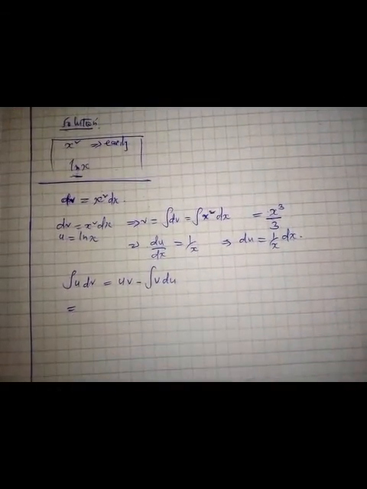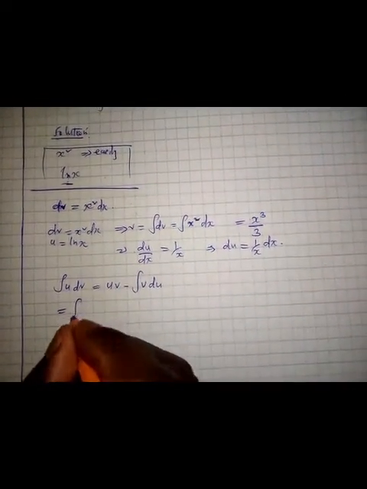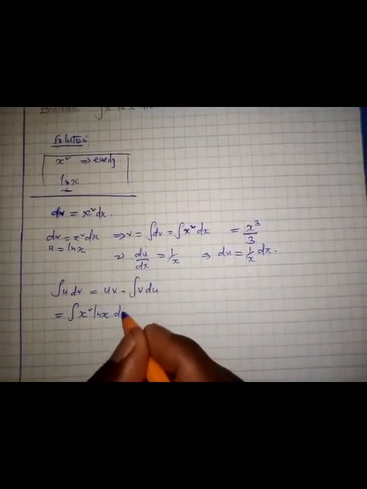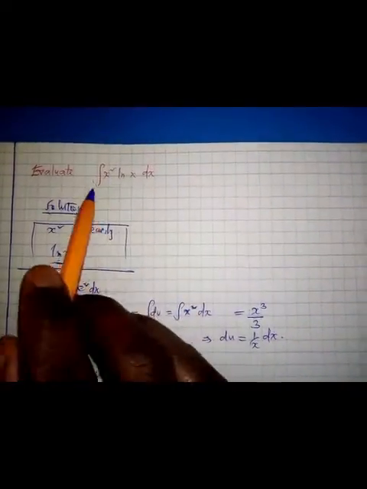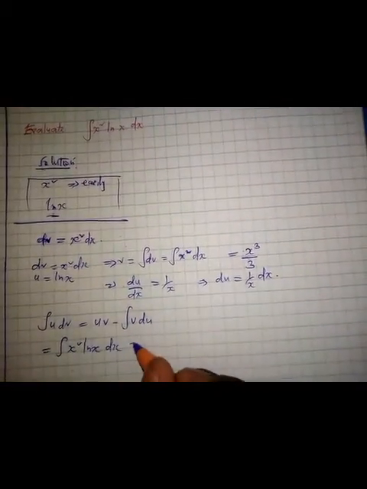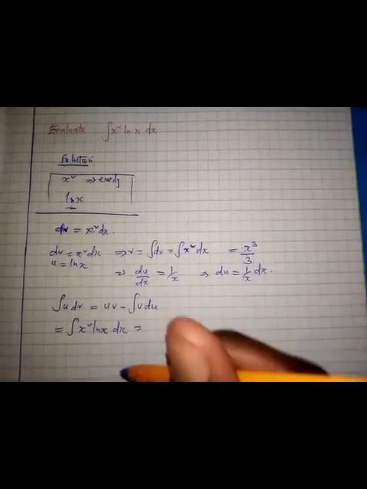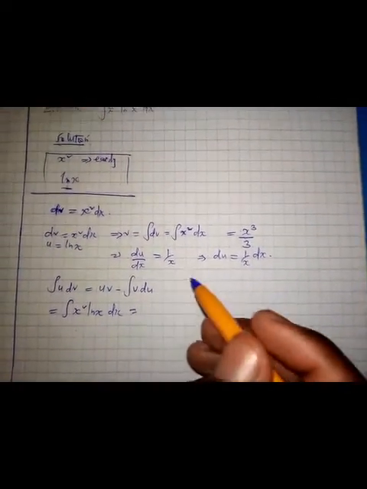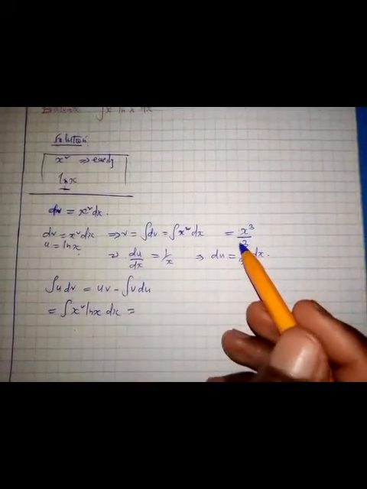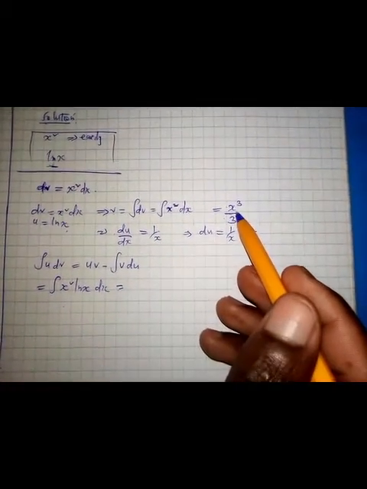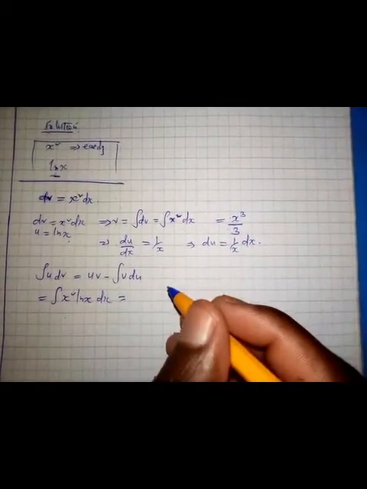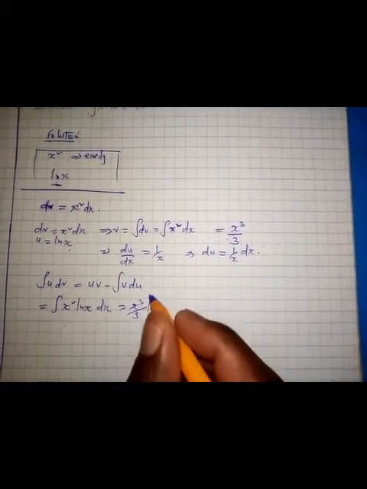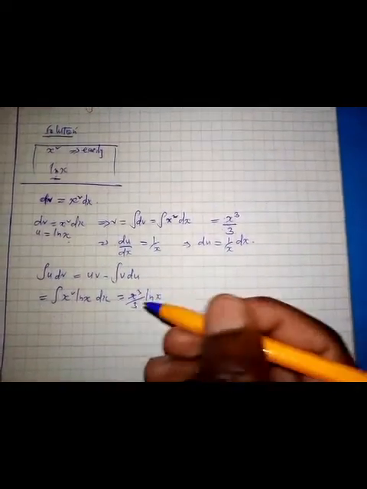So this becomes the integration of x squared ln x dx, which I've just copied, is equal to uv. Our u is ln x, then our v is x cubed over 3. So we have x cubed over 3 times ln x